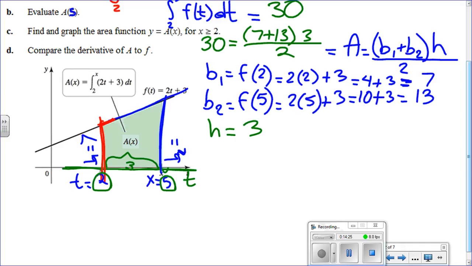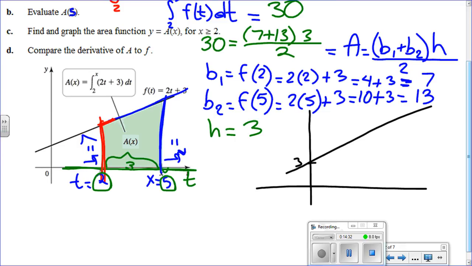Consider that you just have your line again, right? So the equation was actually 2t plus 3, correct? And we want to calculate the area for all numbers greater than 2. And so at 2,